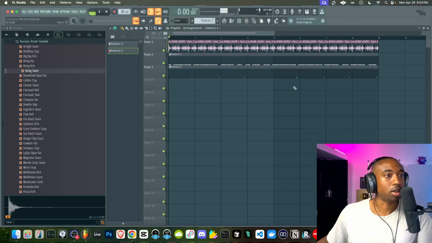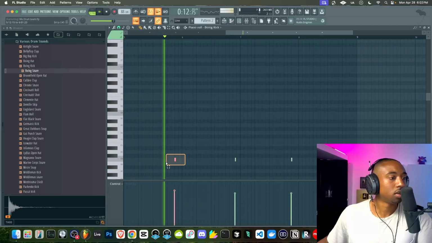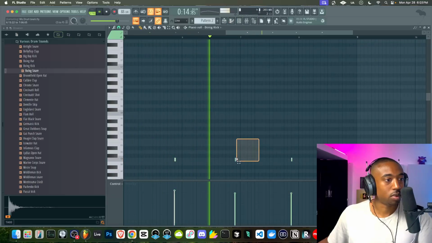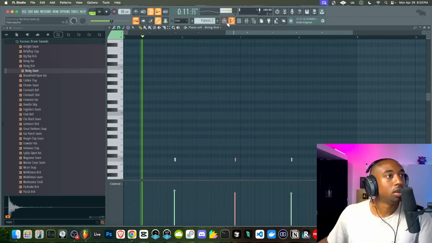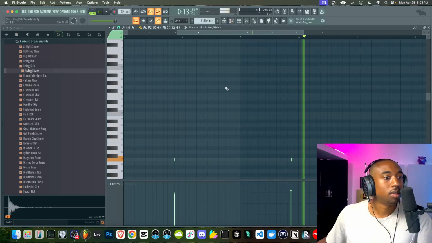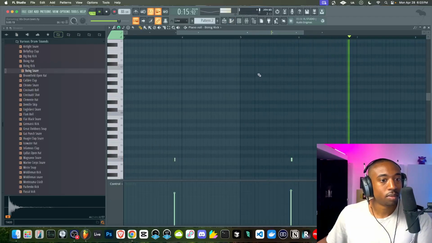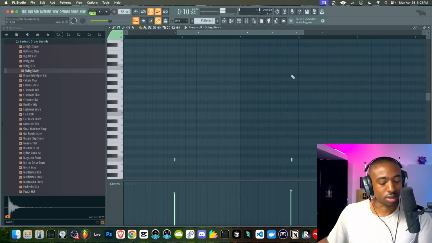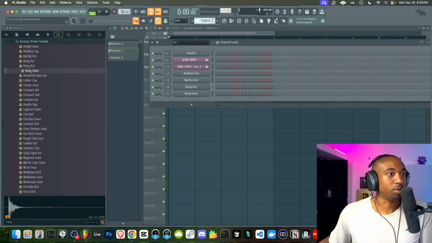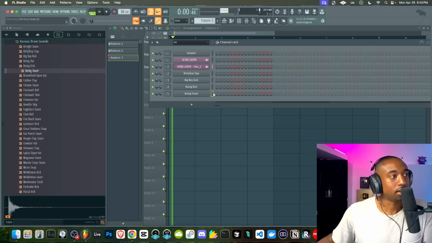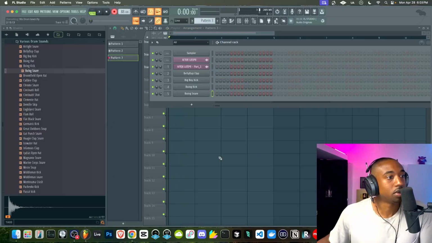All right, so I was using that as a ghost kick to add to the swing. I don't think we need it right here though. That sounds pretty cool. That was actually pretty dope where I had that. Okay, so I'm doing kicks in like 2 runs, whereas most people would just do 1 kick and end it. Let's see if we can add the snare in here too.